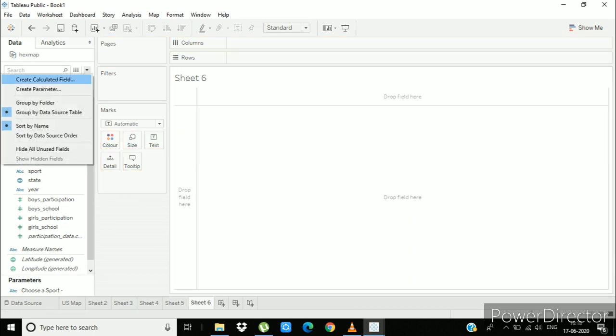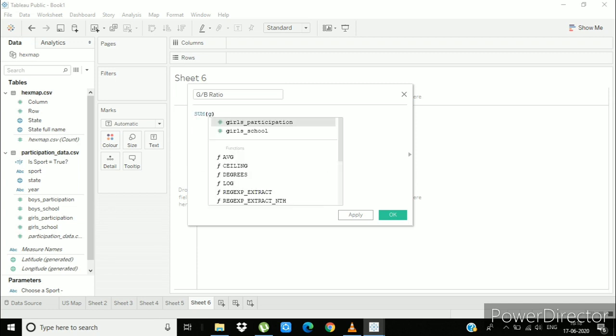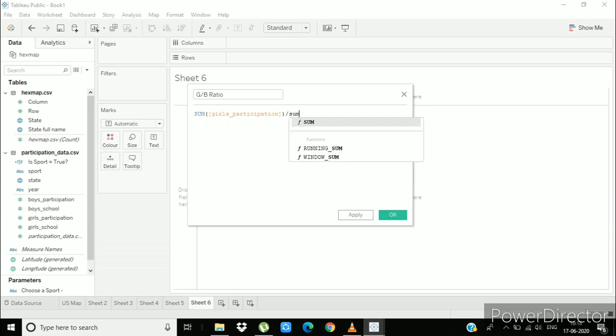Now you have to create one calculated field and name it girl to boy ratio. So using this calculated field, we can find the girl to boy ratio in any particular sport, any particular year, or in any particular state.